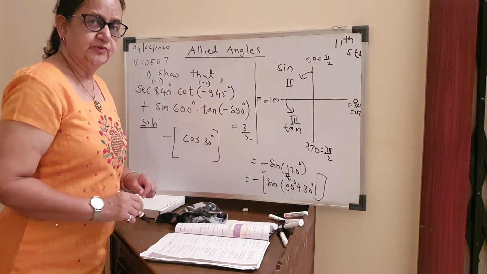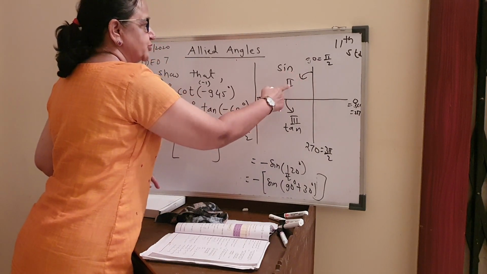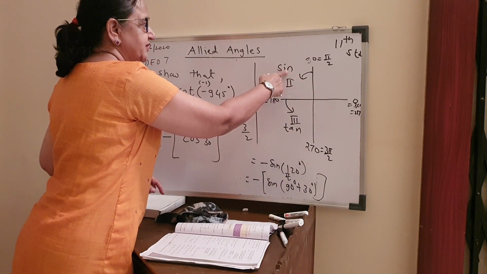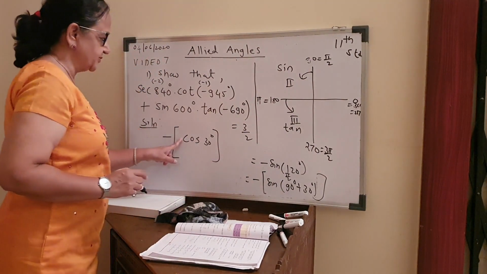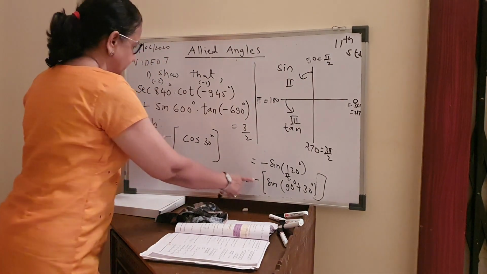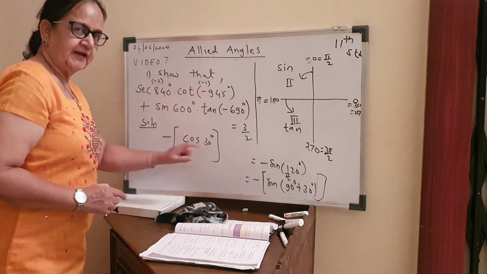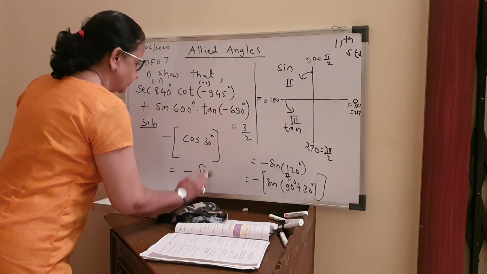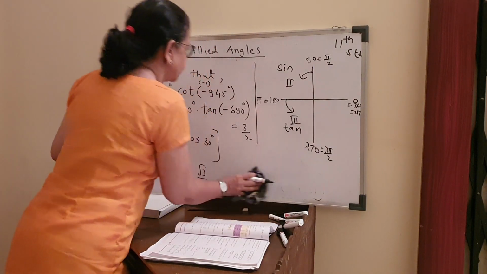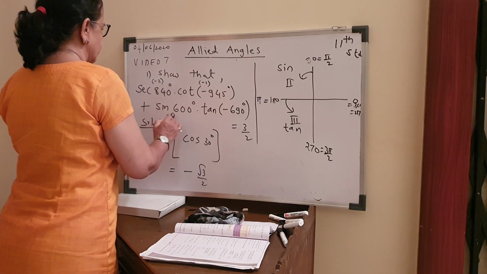Go to step 2. Quadrant, pi by 2 plus. Come to second quadrant. Sine positive. Given is sine positive. Final answer positive. Outside minus sign undisturbed. So I got minus cos of 30. And I know cos 30 is root 3 by 2. So this is minus root 3 by 2. The answer came minus root 3 by 2, which I will write it over here.